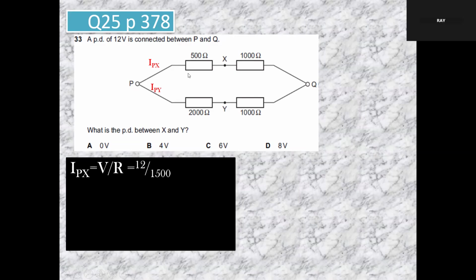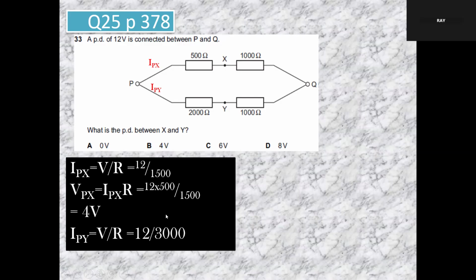So it's V over total resistance, 12 over 1500. So there's a current through here. Then VPX, the potential difference across here, is the current times 500, which is this one there. You get 4 volt. Then same thing